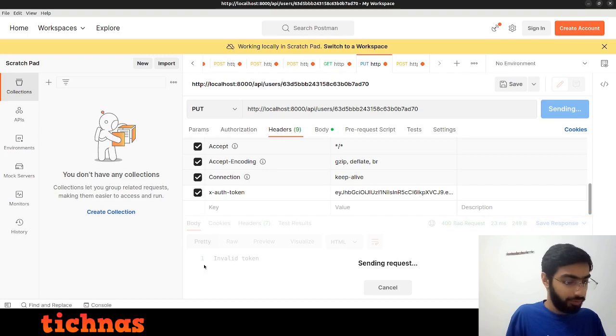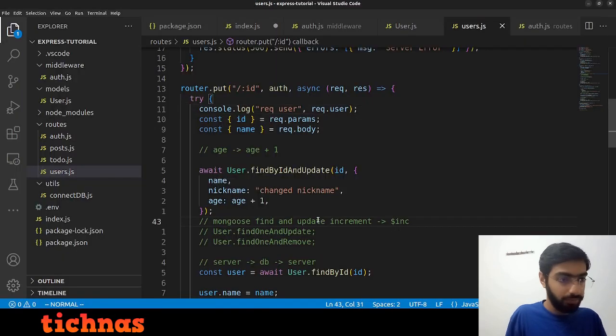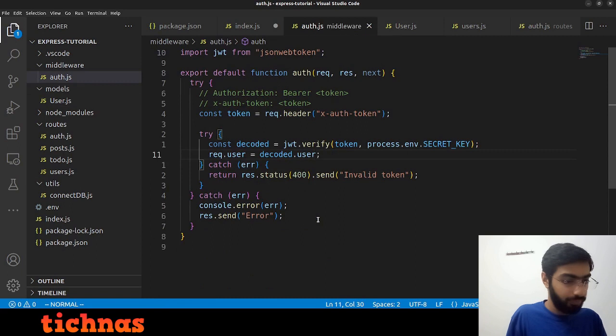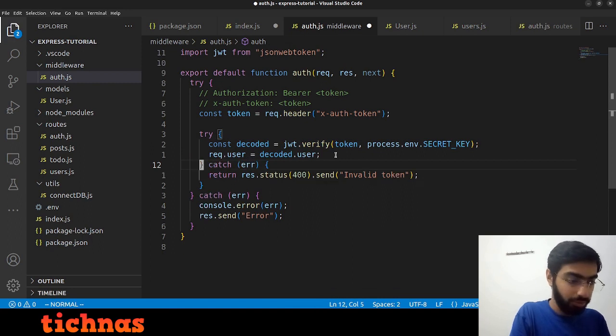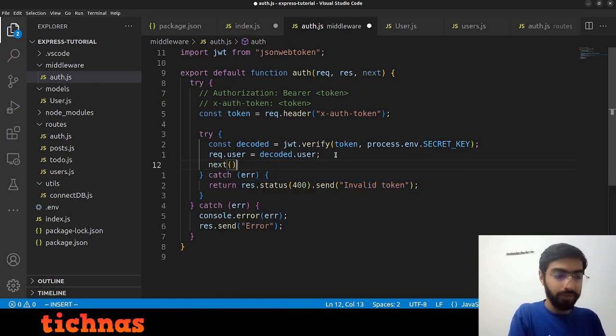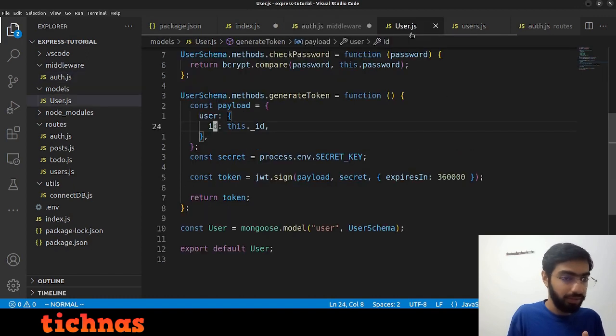Okay, this is taking a lot of time. Probably there is some issue, and the issue is it actually decoded it. It actually attached this, but we neither did res.send to send the response, nor did we call next to transfer the control to the next thing. And the next thing here is